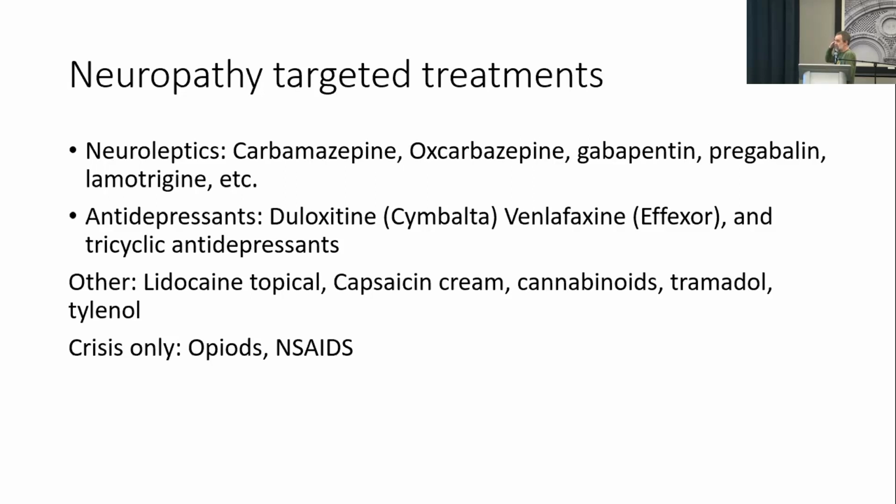If there isn't any other option and the pain is very severe, the opioids, it's because of the addictive potential and because they are not particularly effective for this type of pain. And the NSAIDs because they are metabolized through the kidneys and you want to protect your kidneys when you have Fabry disease particularly.